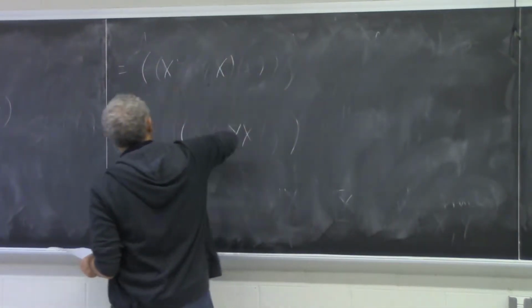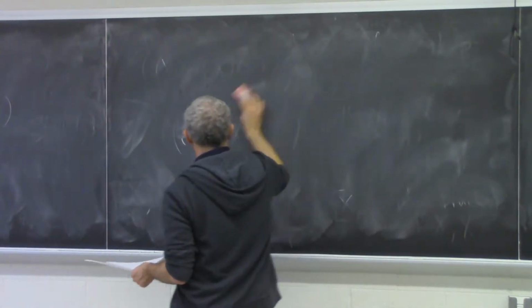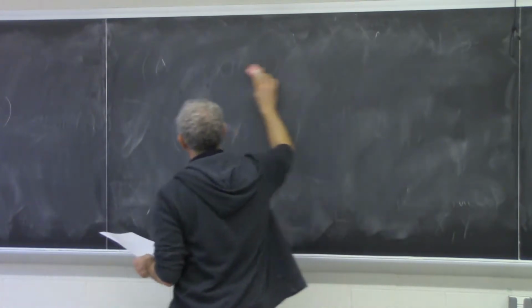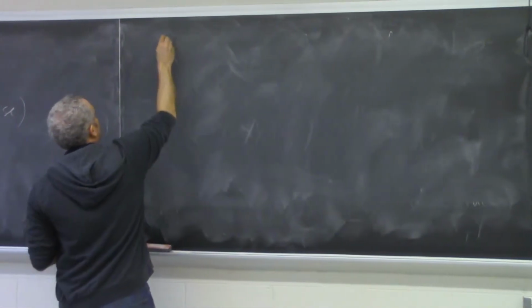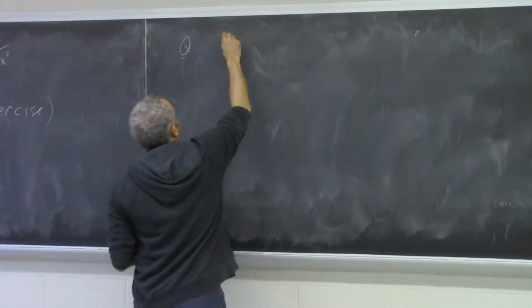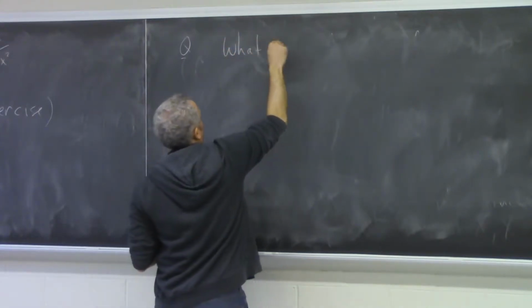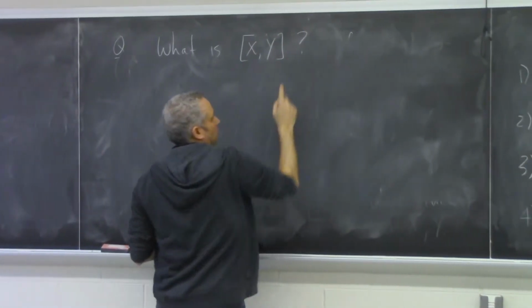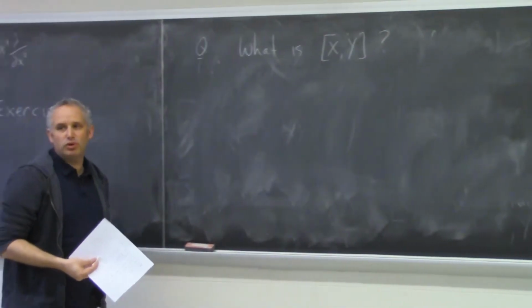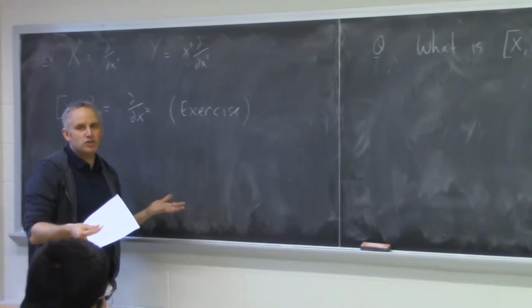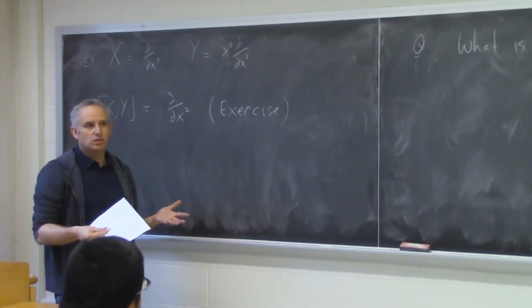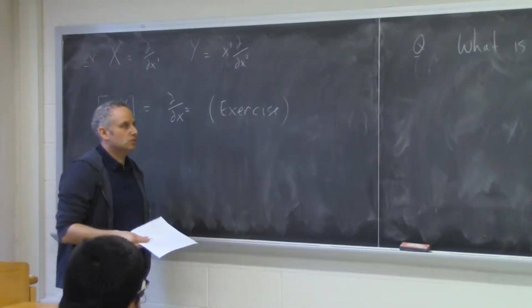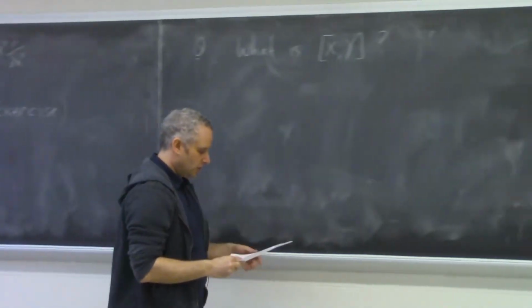Very good. Which leaves us with one question. What is this object which we've defined? It has all these nice properties. We know how to compute it, but we don't know what it's measuring or what it represents. Okay? So it's not clear why we would want to compute it.